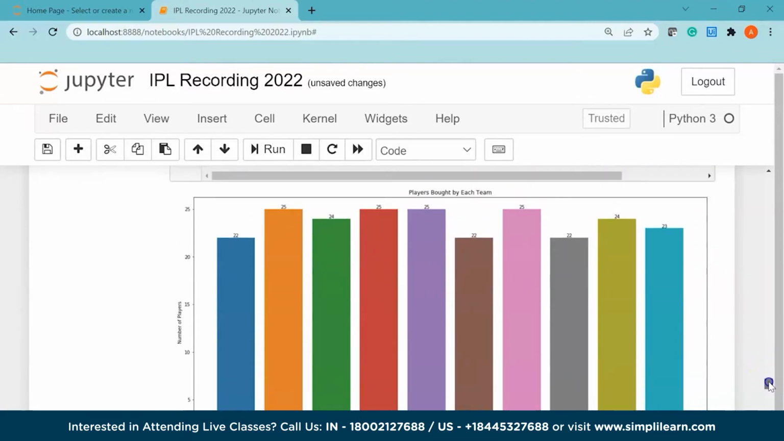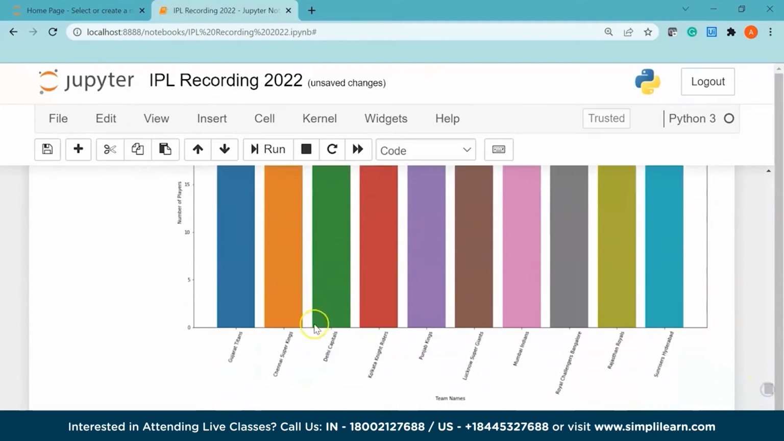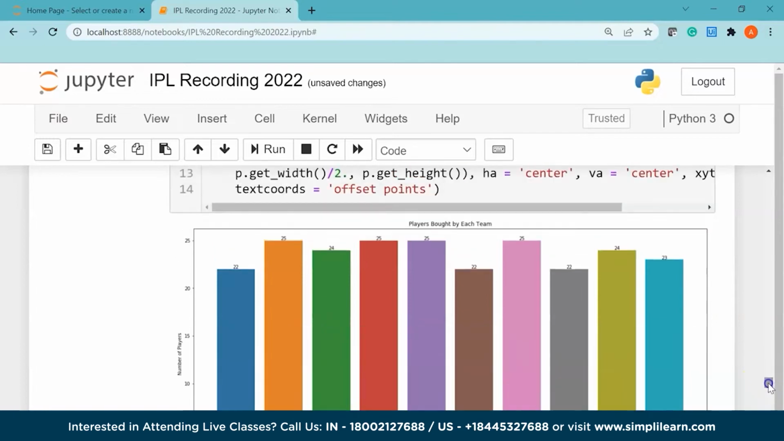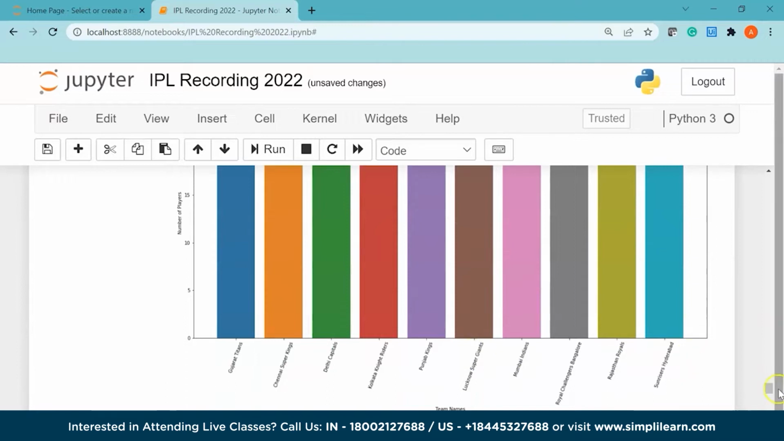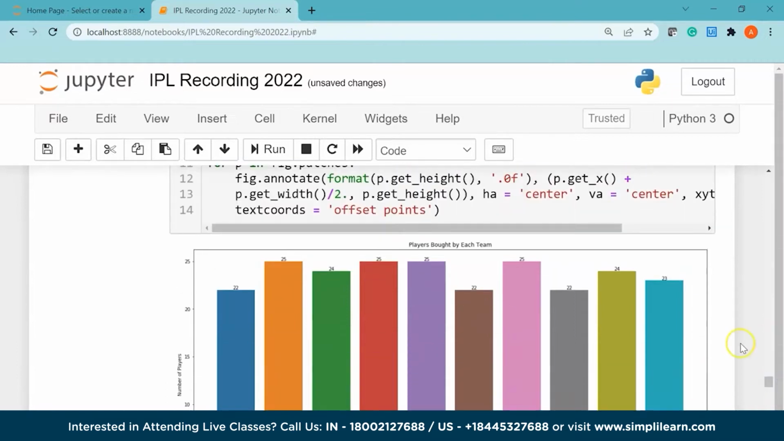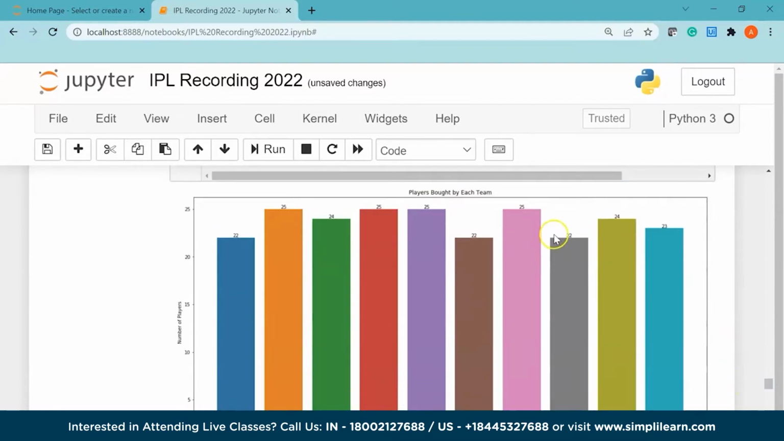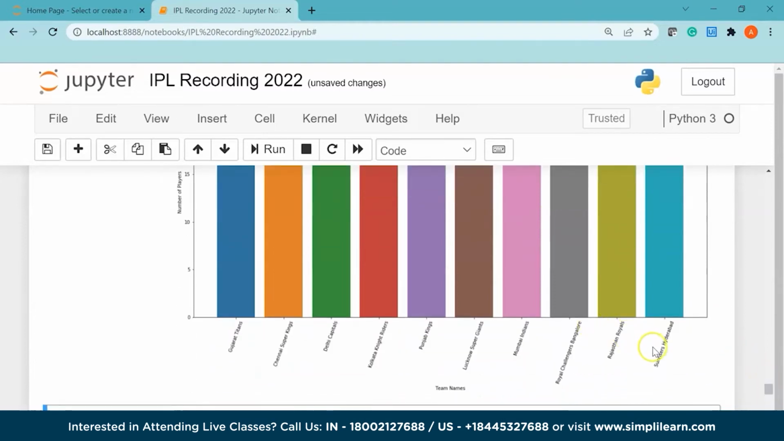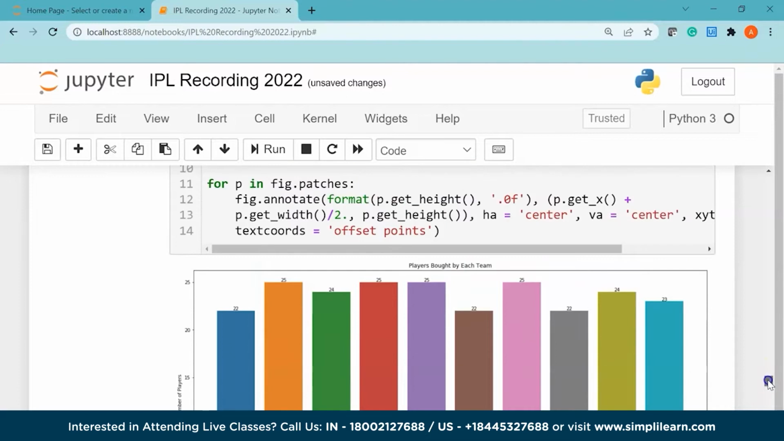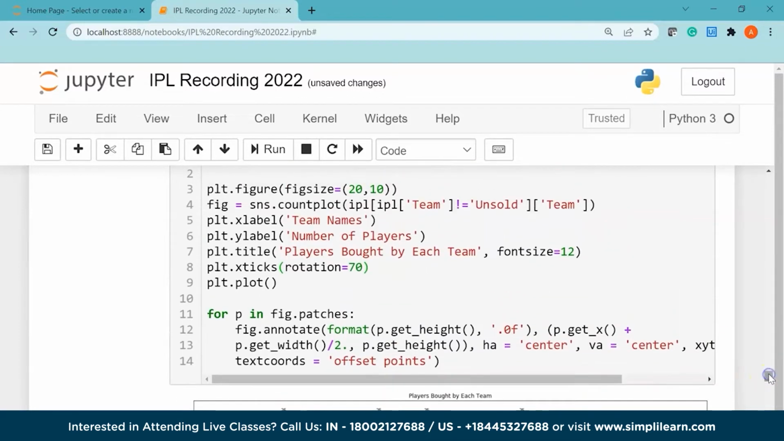So Gujarat Titans have totally purchased 22 players. Then Delhi Capitals have total 24 players in their squad. Again, Lucknow Super Giants have 22 players. If I scroll and see again, Bangalore Royal Challengers or RCB, the Royal Challengers Bangalore, have 22 players in the team, and Rajasthan Royals and Sunrisers Hyderabad have 24 and 23 players respectively in their teams. Alright,